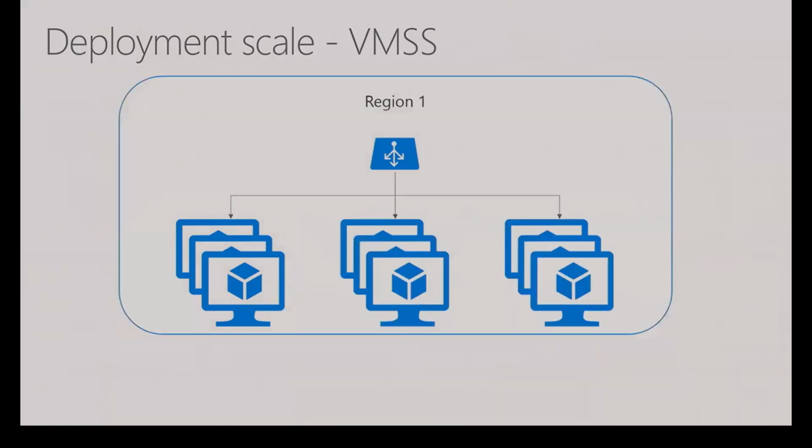So in this case, you can see I've got 1 VM scale set. Again, put it behind a load balancer. Load balancer is the back-end pool. You can point it at that. In this case, I used 3. You could do 2, you could do 3. But in this case, we're all in one region, and I now have the redundancy both at the VM scale set level as well as at the virtual machine level.